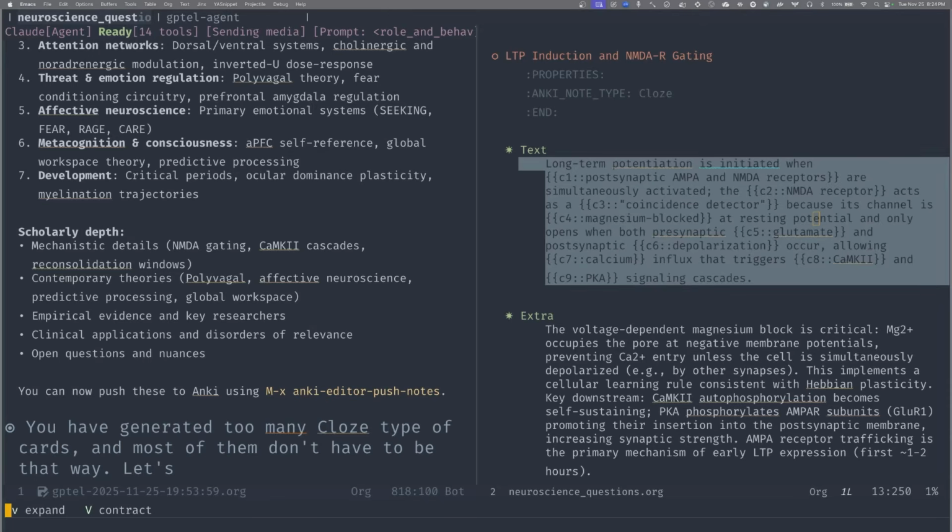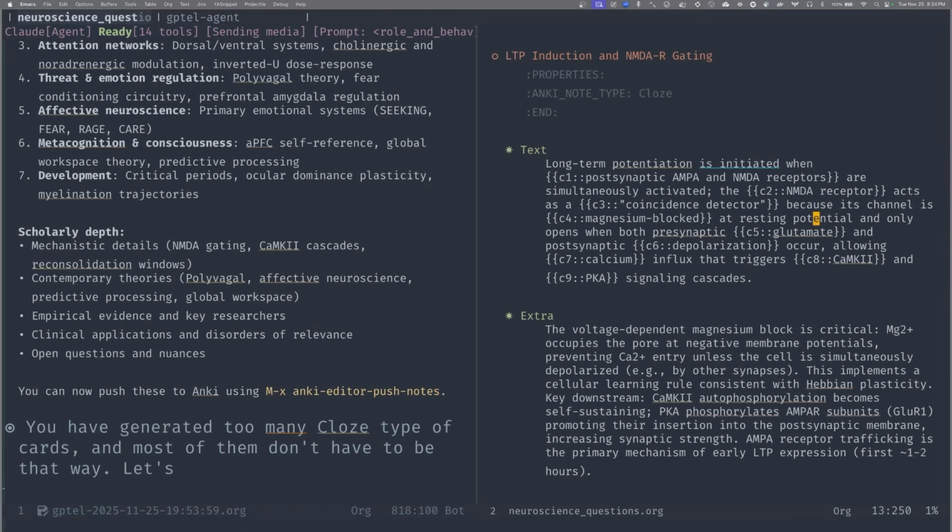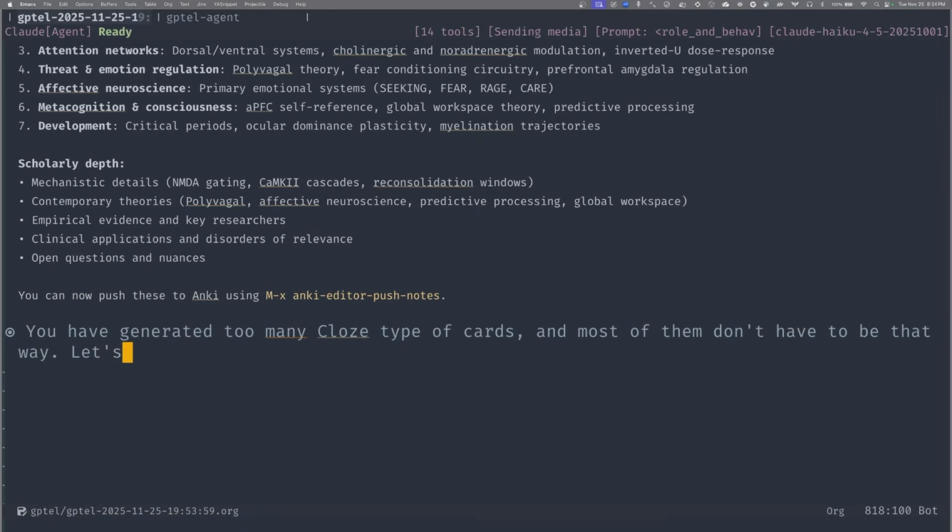Here's a question for you for the LLM. Some of these make sense as cloze and others don't. Whereas you just said most of them don't have to be that way. So you probably need to give it a little more guidance about what criteria it should use to decide if a card needs to be a cloze kind or a question and answer kind.